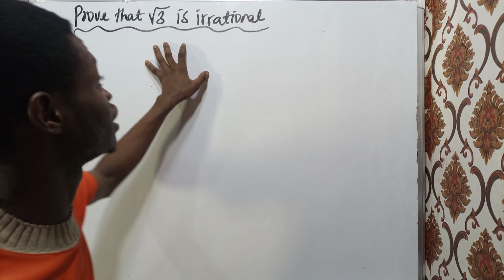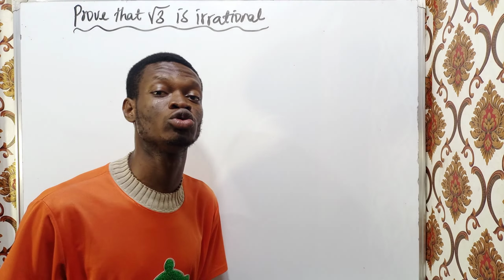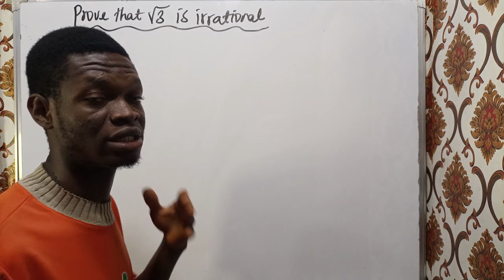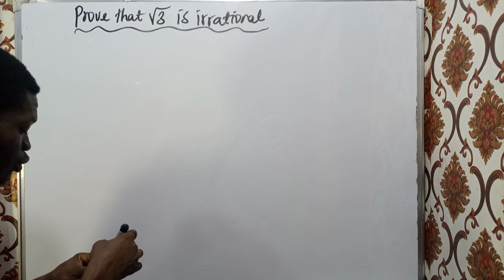Today, we are going to prove that root 3 is irrational. In our previous video, we proved that root 2 is irrational. We are going to use the same method to prove that root 3 is irrational. So, first of all, we are going to use